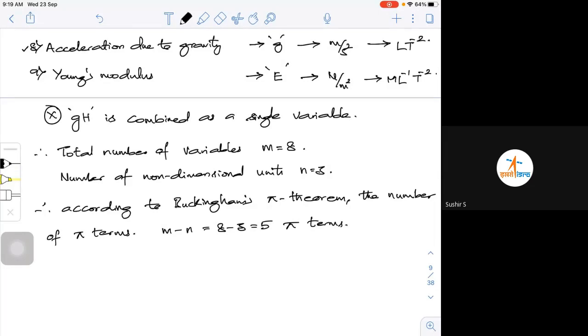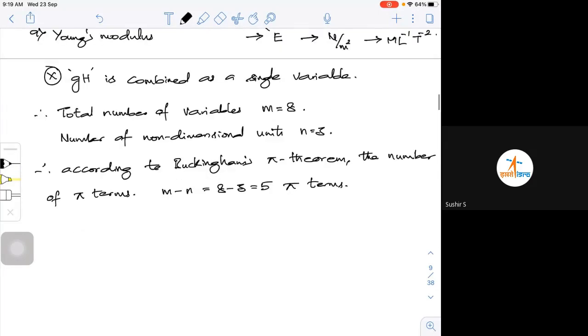So what are those actually? Those pi terms are, let me call them pi 1, pi 2, pi 3, pi 4 and pi 5. So I have 5 different pi terms. Okay. Now once I have these 5 terms,